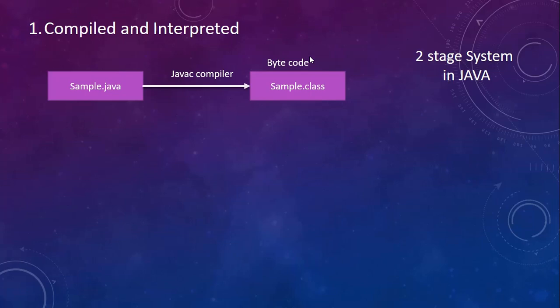So the bytecode instruction will be the same. What Java programmers did is they came up with a set of instructions, nearly 200 instructions. The name bytecode comes because each instruction's size was 1 byte. Likewise, there were around 200 instructions which they had designed. Any code that is written in Java, the javac compiler converts into a bytecode format.